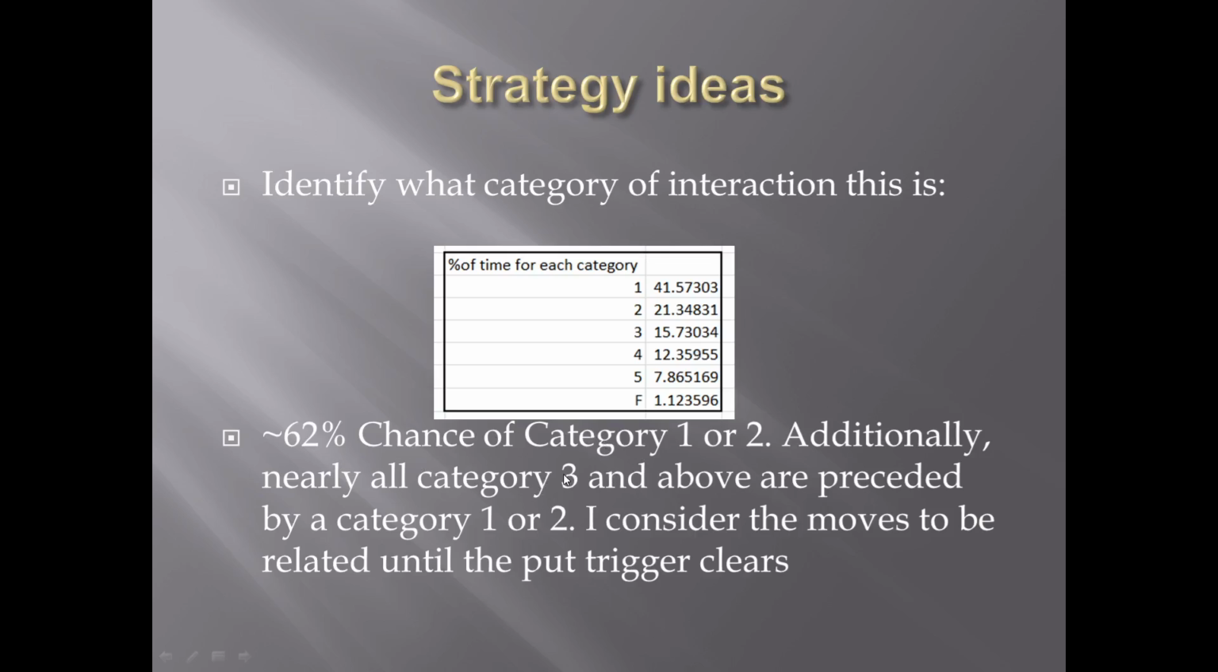Additionally, like I pointed out, 3 or aboves are almost always preceded by a 1 or a 2. So if you are just getting your first interaction with your -1 ATR level, it is very likely to be a category 1 or 2. I didn't cover this yet earlier, but if the moves are related, in my opinion, until you've gotten above the put trigger,